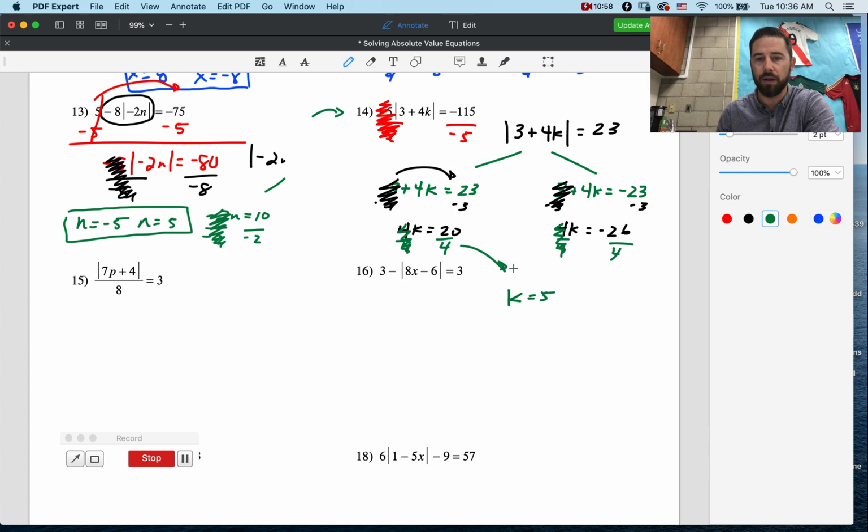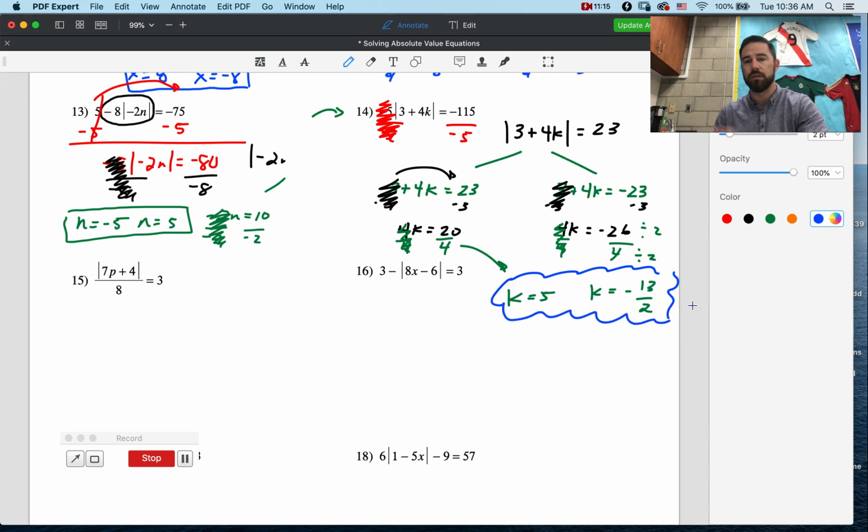That's this one right here. And then over here we have k equals, I think we can reduce this, right? We can divide the top by 2 and the bottom by 2. We get negative 13 over 2. So that's actually the first time this year that we've had to reduce a fraction. If you don't know how to reduce a fraction, you look at your fraction and say, what number can go into the top and the bottom? It's got to be the same number. Our number was 2, so we divided the top by 2 and the bottom by 2. And that's what we got